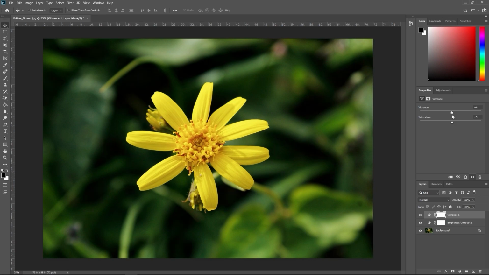So let's add a little bit and check the before and after. Okay, that looks good. The best way to learn about different adjustments is to add them and experiment. You can do a lot of different things with them, but I want to show you what you can do